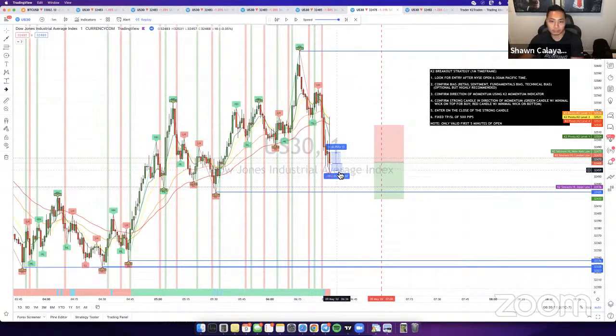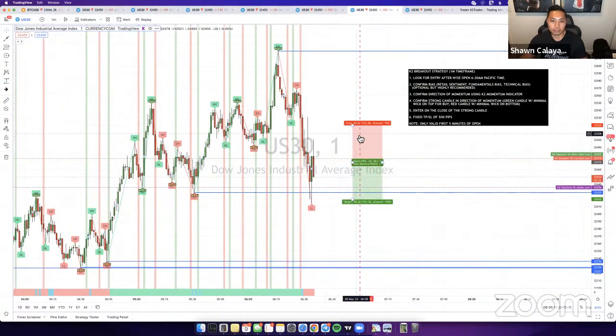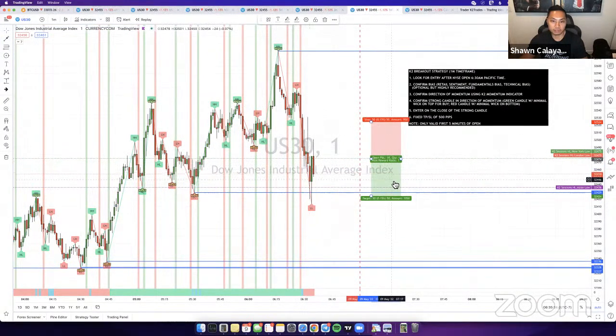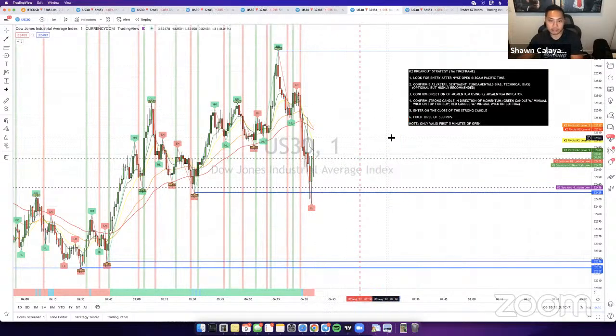When I saw it close, it looked like it closed below, but then it swung back up at the last second. So this probably wouldn't even be considered a breakout. And that justifies how risky I was saying the trade would be. Either way, I wouldn't have taken the trade. It just depended on how you guys would have analyzed it. If you analyzed it as a strong red candle, it would have been your breakout. If not, then it doesn't look like there'd be a breakout today because it is 6:35. So if this doesn't close as a strong red candle, there wouldn't be an entry here. Either way, there would be no breakout for today because I'm not counting it. I didn't take the trade.